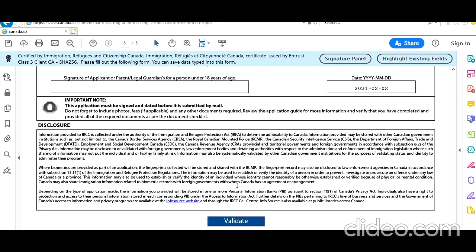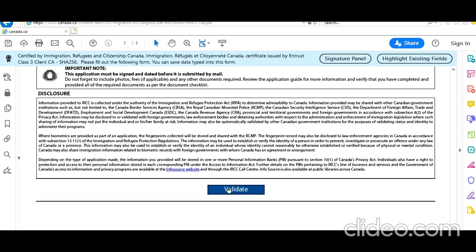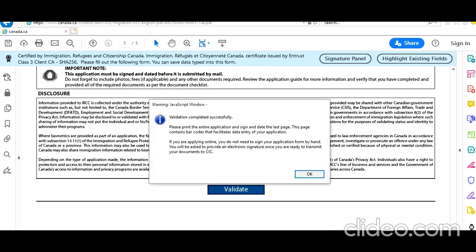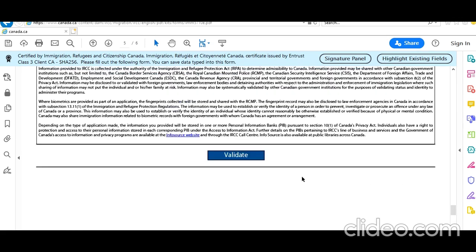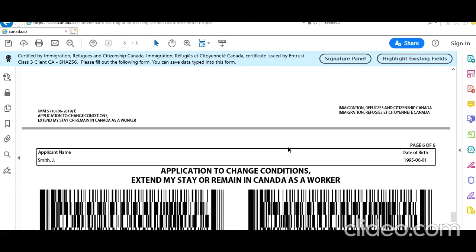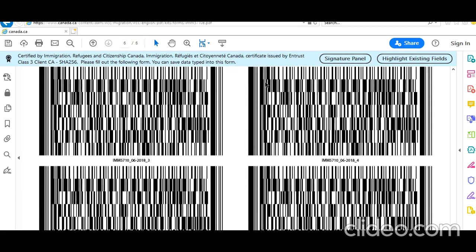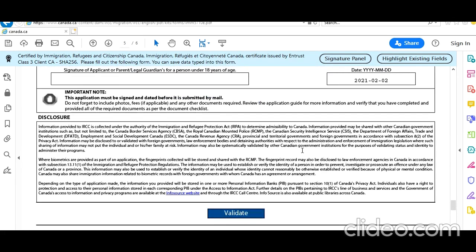It's very important to click on validate, and for online applications you don't need to physically sign. You sign electronically, which I have already shown you in other videos. Click on validate. This is very important because if you have missed any field or any data validation, it will flag it. It verifies mandatory fields and data validation like format, but it cannot verify the information that you have entered. So always check that, and if you make any adjustment, click on validate once more. When you upload, it has to go through these barcodes as well, so save the whole file and then upload.